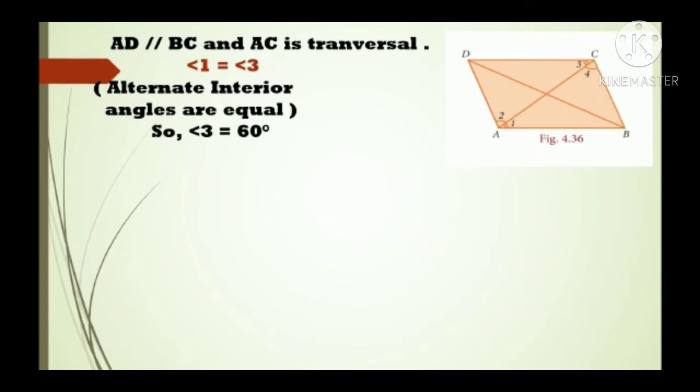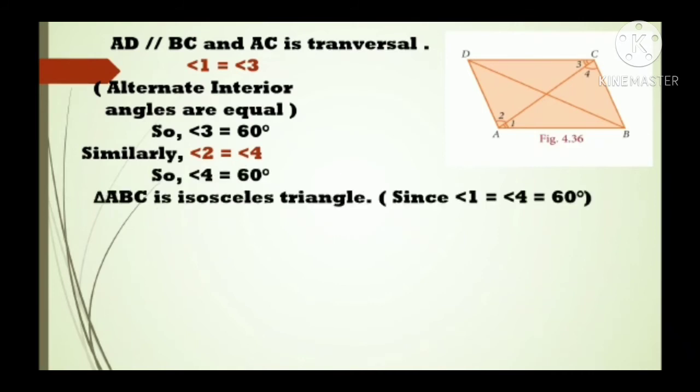Did you catch it? Yes. Okay. Similarly, another pair of alternate interior angles are angle 2 and angle 4. They are also equal here. So what is the value of angle 2? We found it earlier. Yes, 60 degrees. So the value of angle 4 is also 60 degrees. Okay. So we have found the values of angle 1, angle 2, angle 3 and angle 4.